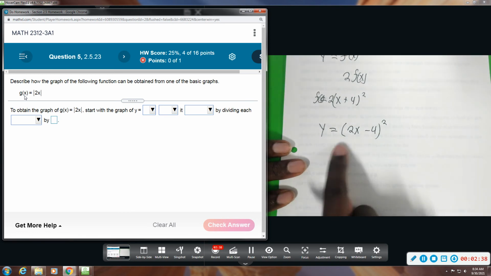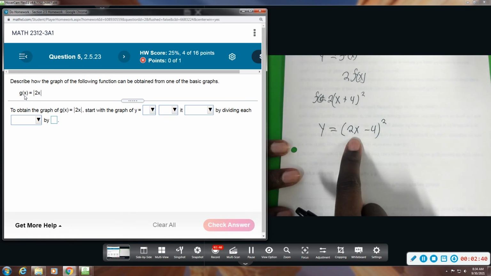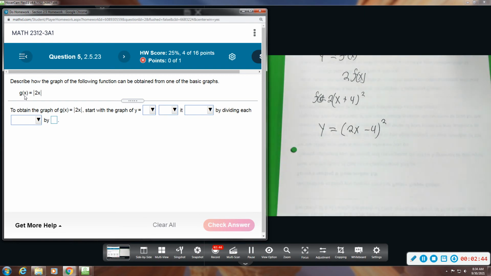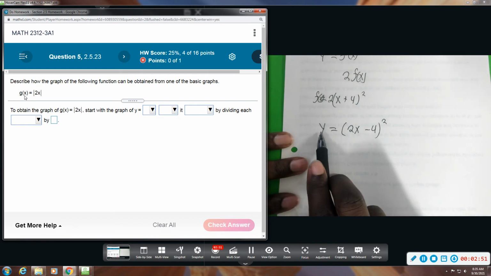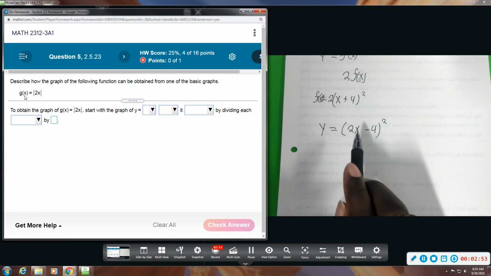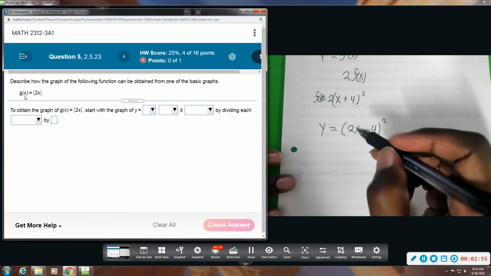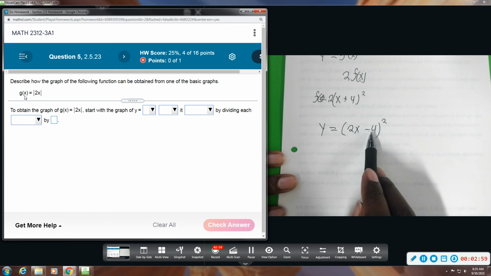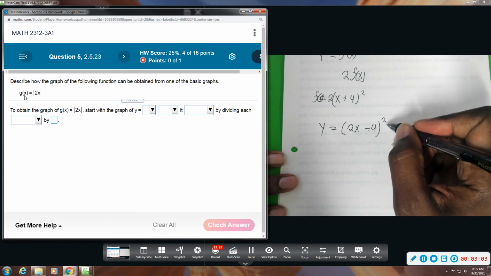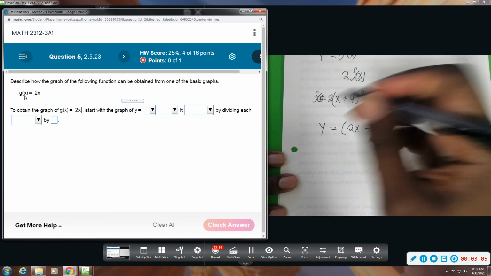All right, we're going to solve for x, and I'm going to use this to explain why the inputs for this problem seem to be opposite. So it looks like we're doing 2 times the x value, okay, but this is in y equals format, so you need to look at it as far as x equals. It also looks like we're subtracting 4 from the x, okay, but we always say this moves it to the right, the opposite. So if you solve for x, what you would do is you would take the square root